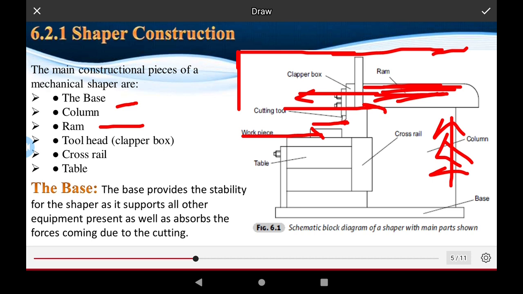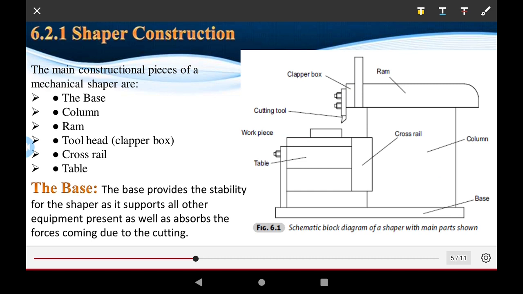used in the ram. The tool head and tool holder are also made of strong materials, such as stainless steel and carbon steel. Okay, and the cross slide is also made of very strong materials. The table is also fixed on the bed of the machine. Suppose the table is fixed and the tool is moving. Okay, the tool moves in a reciprocating way, the ram moves in a reciprocating way,